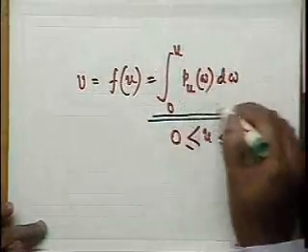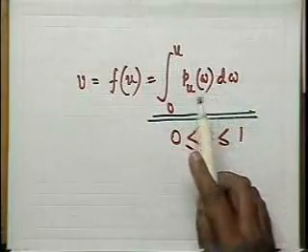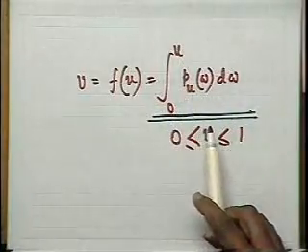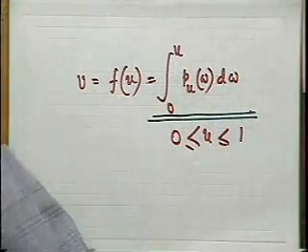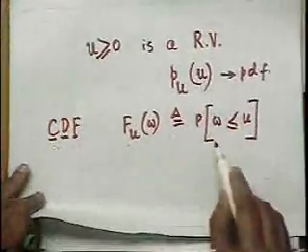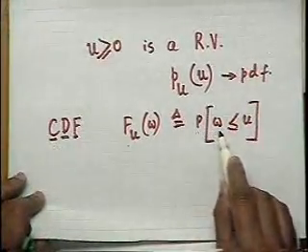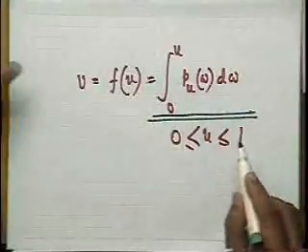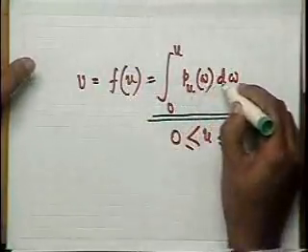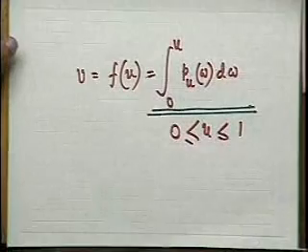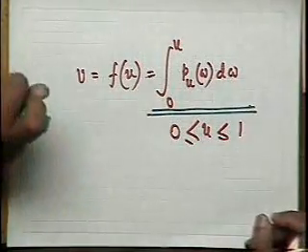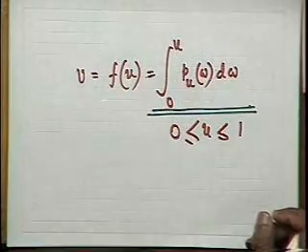This integral expression gives me the probability that w is less than or equal to u, and according to our definition this is the cumulative distribution function, or rather the CDF. My CDF has been defined like this: probability that w is less than or equal to u, and I would get that by simply integrating the probability density function within limits 0 to u. So the transfer function which we are going to choose should be a cumulative distribution function,